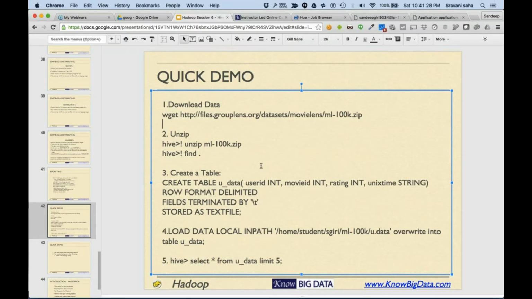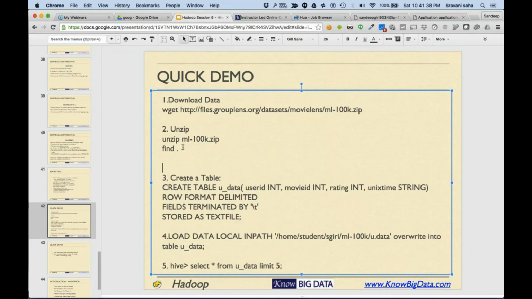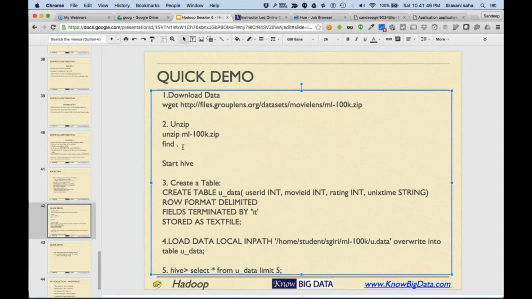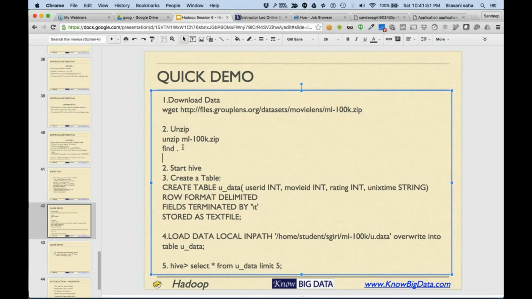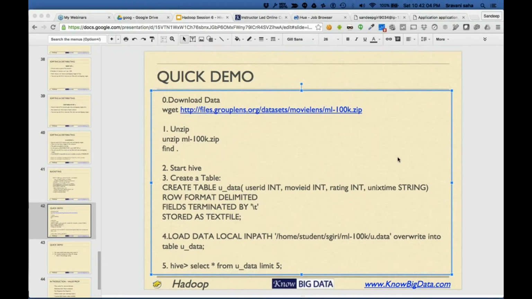I'll remove this exclamation mark because it means run this command locally, not inside this. I will say here, start Hive using this, the second step, first step and then the 0th step. So what are we going to do using Hive? It's a good example, you might want to make a note of it.